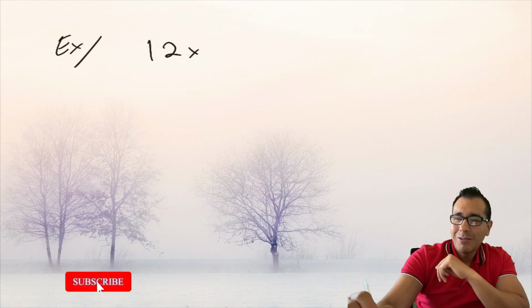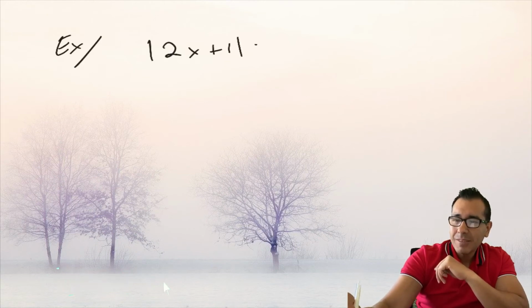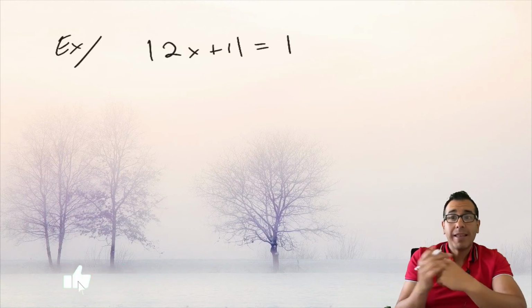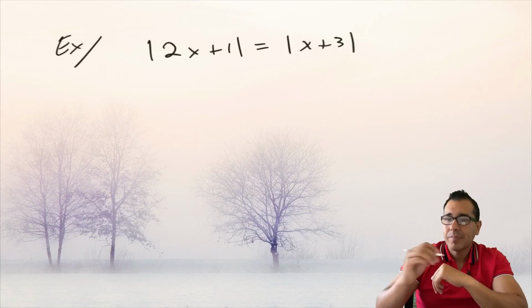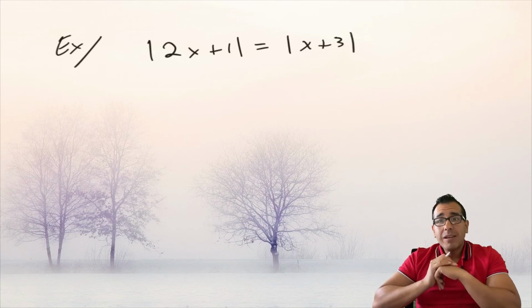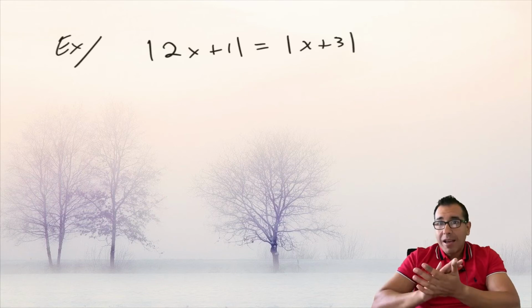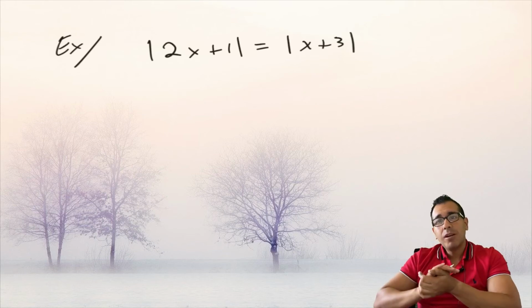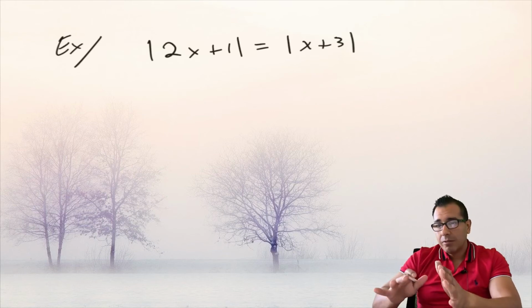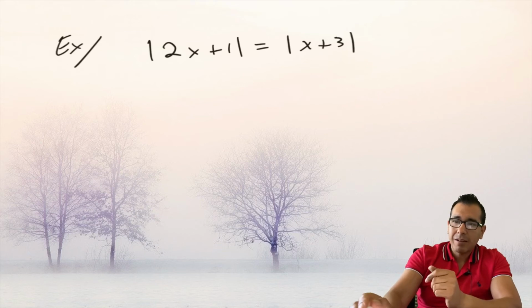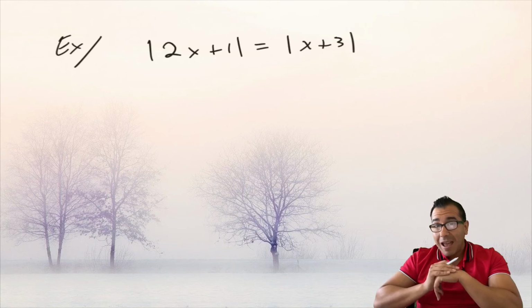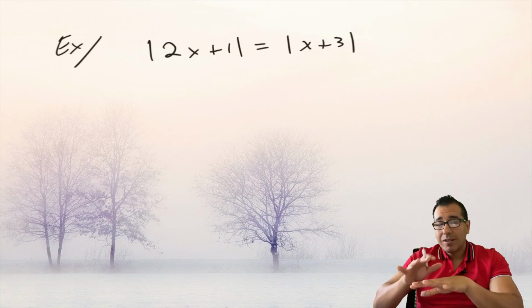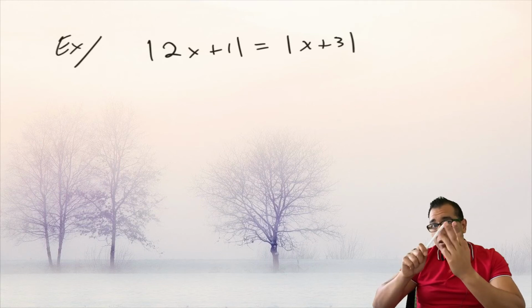So let's take the absolute value of 2x plus 1, and let's set that equal to the absolute value of x plus 3. All right, so what we do here is the process never lies. Step 1, you isolate an absolute value. Well, the absolute value is already isolated. In this case, you have 1 on each side. All right, so now what it told us is that you might have 0, 1, or 2